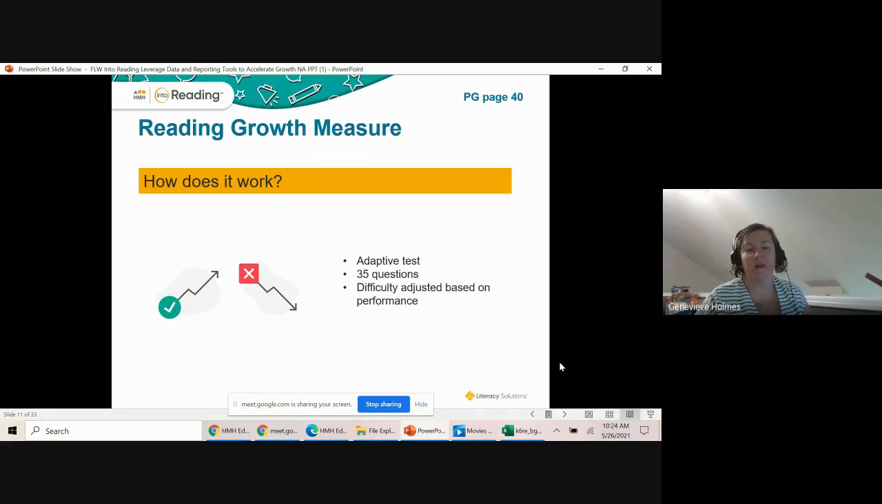So every single question is going to take you down a different path. And really note, the chances of them having the same two questions during the growth measure is very slim to none. The difficulty of the questions that follow are going to be dependent upon if they answer that question correctly or incorrectly. The growth measure is accessible via Ed, and you're going to need to assign it to your students,